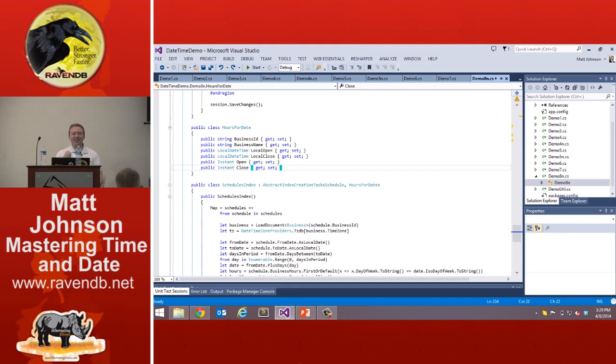So what am I after here? What I'm ultimately after is I want to query my index to say, what restaurants are open right now? That's the net result that I'm after. I'm only going to populate one location here, but if I had lots and lots of locations in all different time zones all over the world, I want my database to tell me everybody that's open right now. And I can do this all in the RavenDB index,